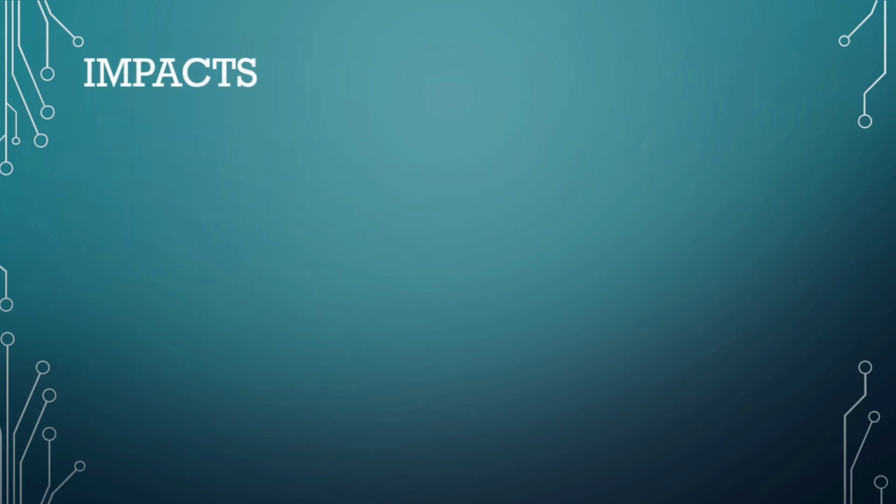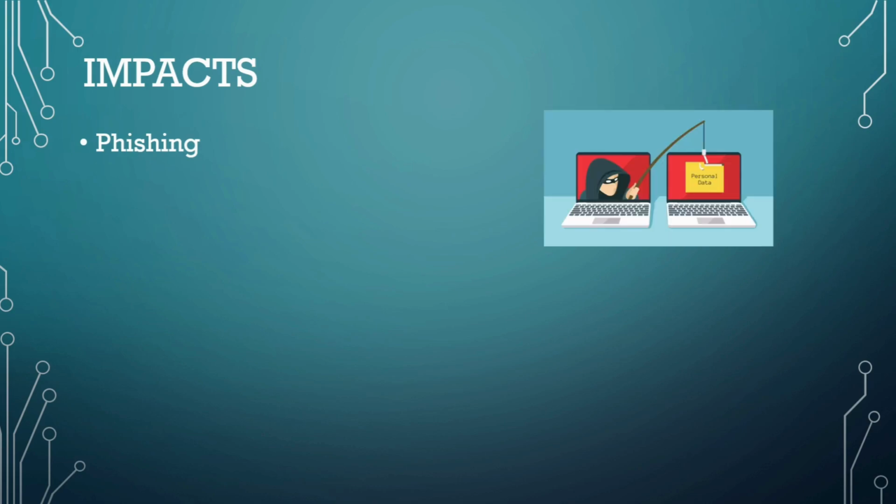Impacts of broken link hijacking. Once attackers hijack a broken link, the damage can be serious. Let's look at the impacts in detail. Phishing. Attackers redirect users to fake login pages. Because the link comes from a trusted source, users are more likely to enter their credentials, thereby their credentials get